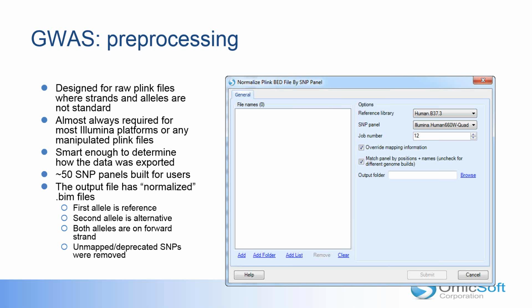As long as you can tell the software which Illumina array was used for the data set, because we have built all the Illumina panels. We have built all those different strand information into the software, and we will determine at first what kind of strand protocol was used during the exporting, and then we start from there to correct the